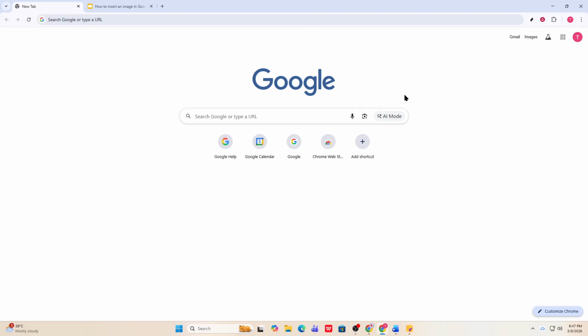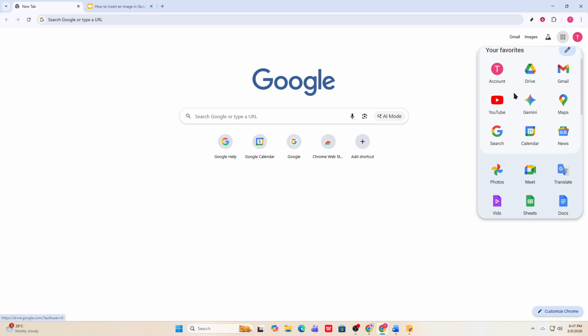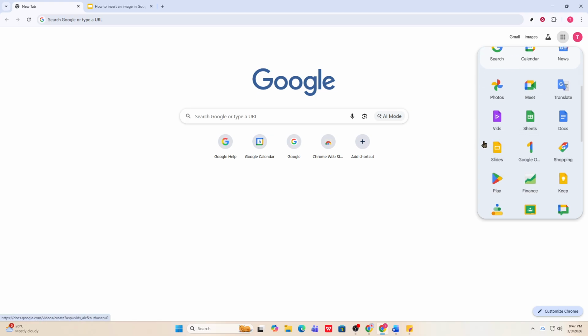If you're not already there, sign into your Google account, open the file you want to work on, and make sure you're on the correct slide. Navigate to the exact slide where you want the image to appear so you won't have to move it around